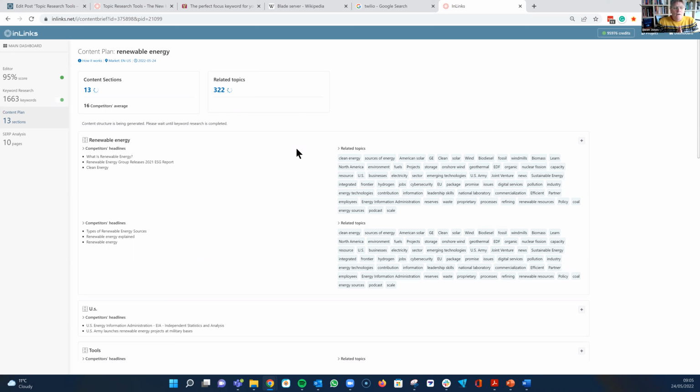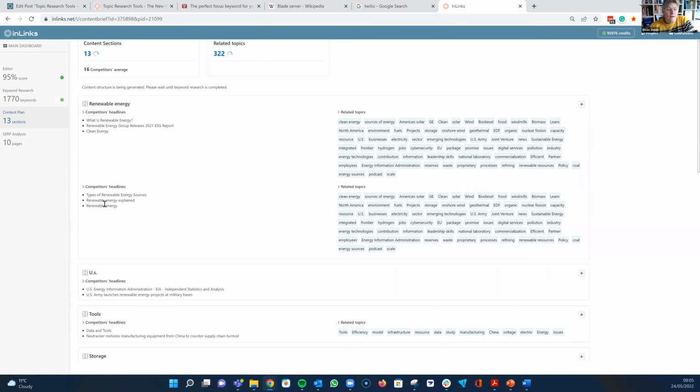And this is a whole new way of looking at content. Before, we had a content plan which gave you some keywords, but now we've taken it to a completely new level. We've taken the competitors' headlines and shown you what kind of context those headlines are in. For example, a competitor's headline here, someone's put renewable energy explained, or types of renewable energy sources,